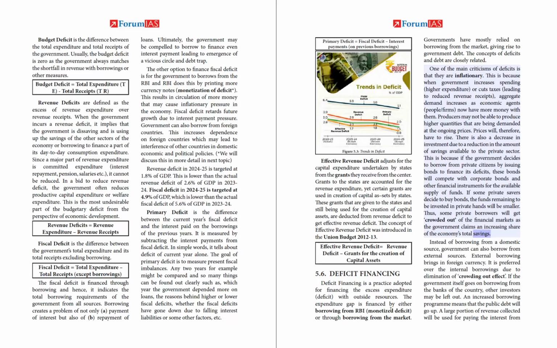the economy's total savings. Instead of borrowing from a domestic source, the government can also borrow from external sources. External borrowing brings in foreign currency. It is preferred over internal borrowing due to the elimination of the crowding out effect. If the government itself goes on borrowing from the banks of the country, other investors may be left out. An increased borrowing program means that the public debt will go up. A large portion of revenue collected will be used for paying the interest from